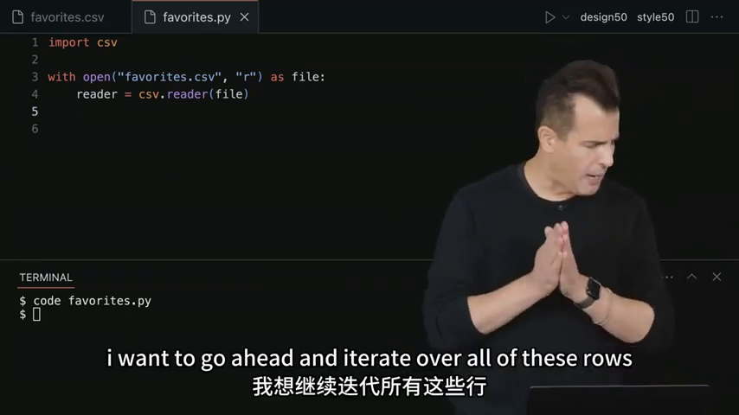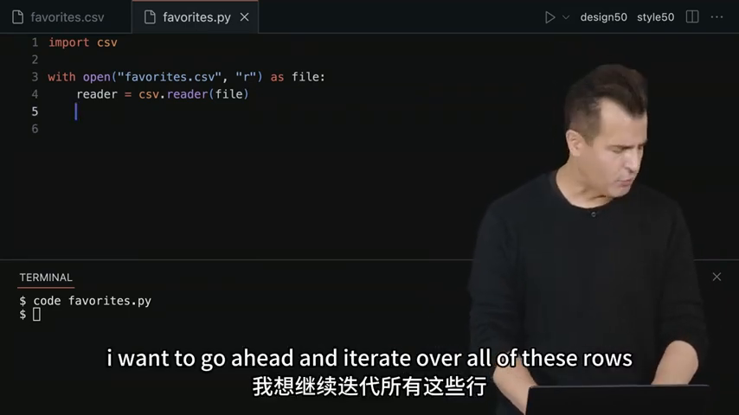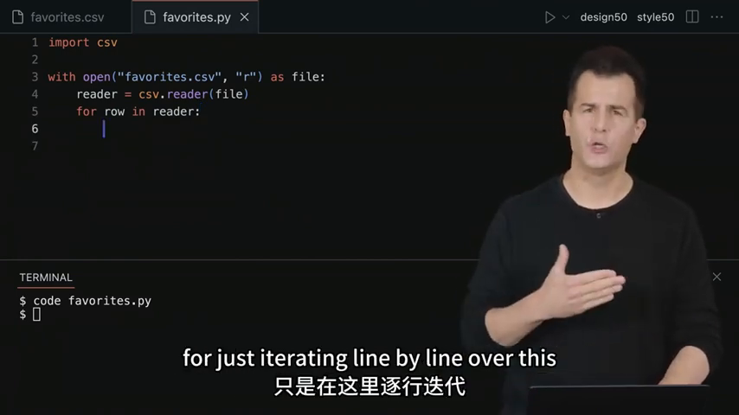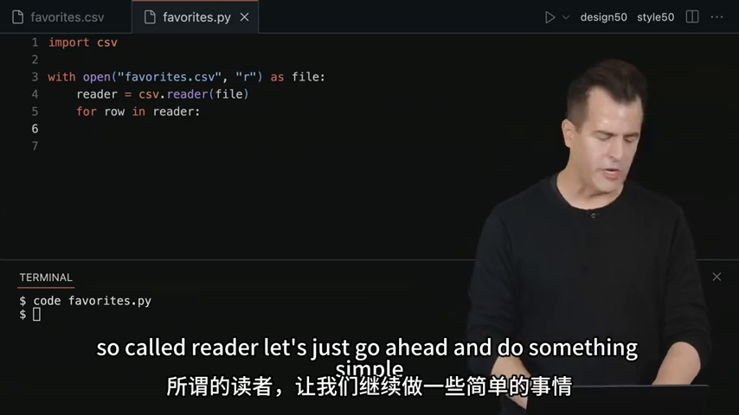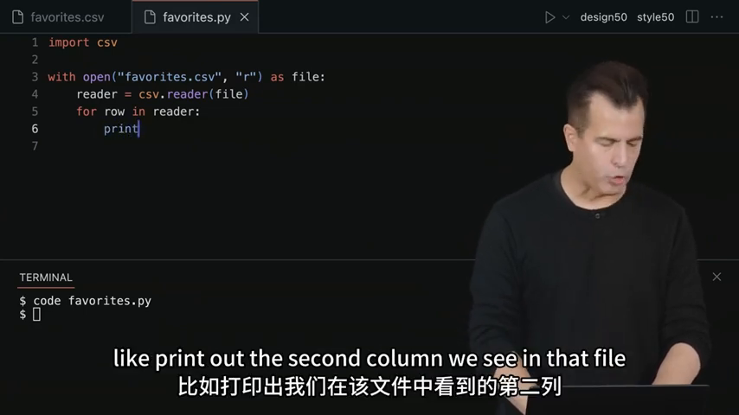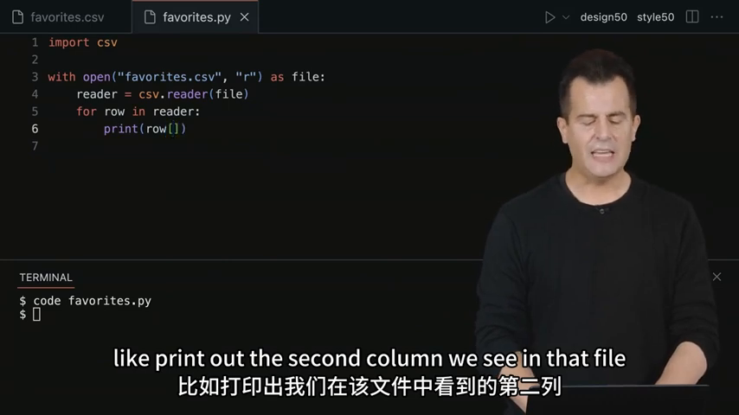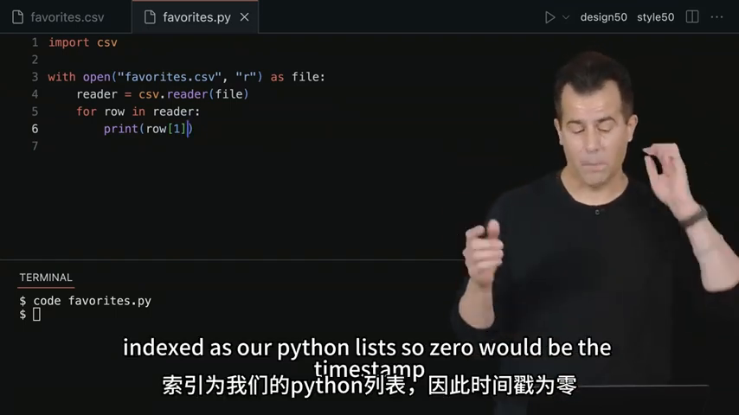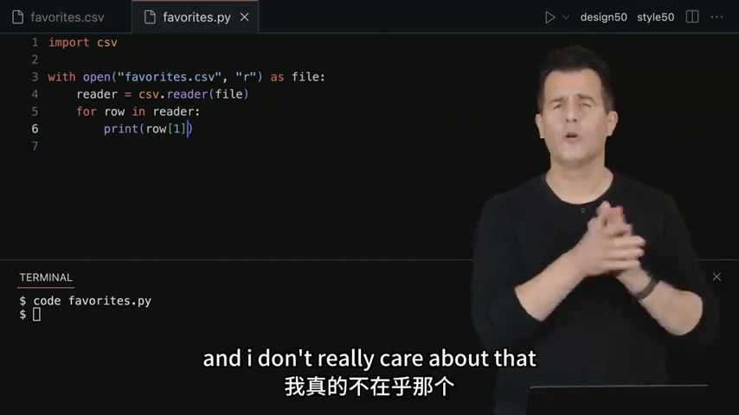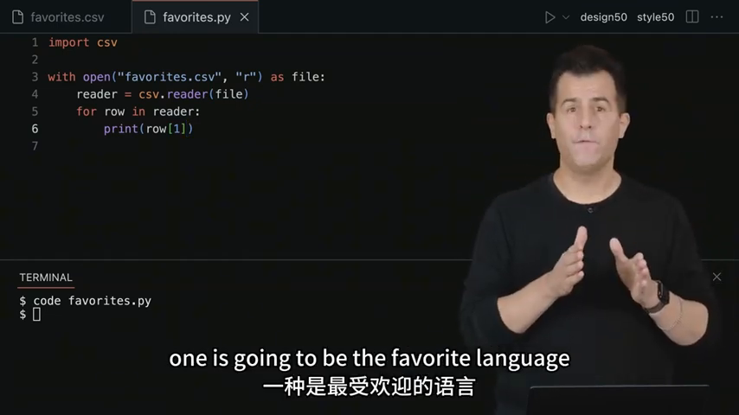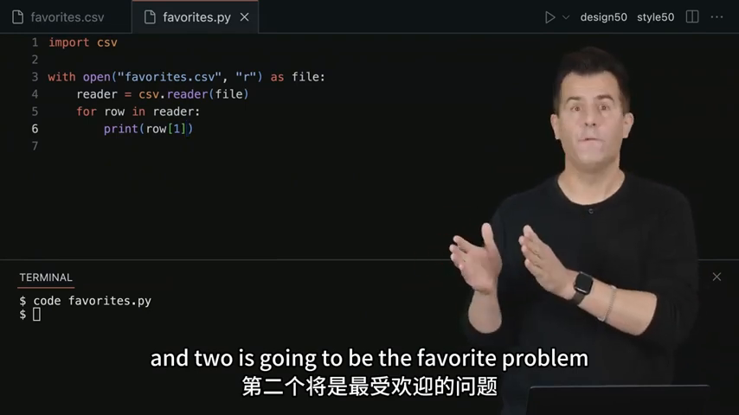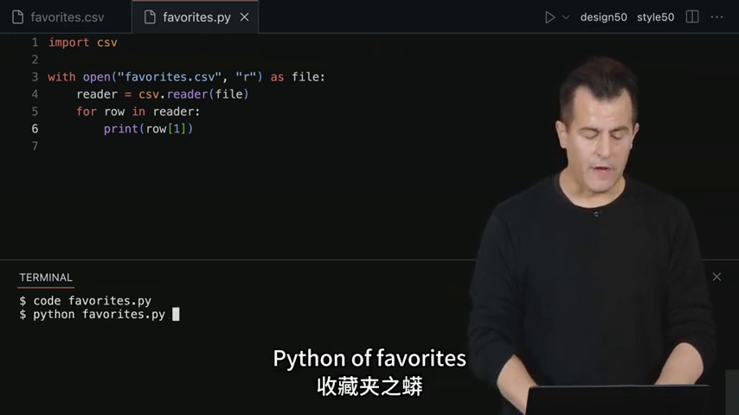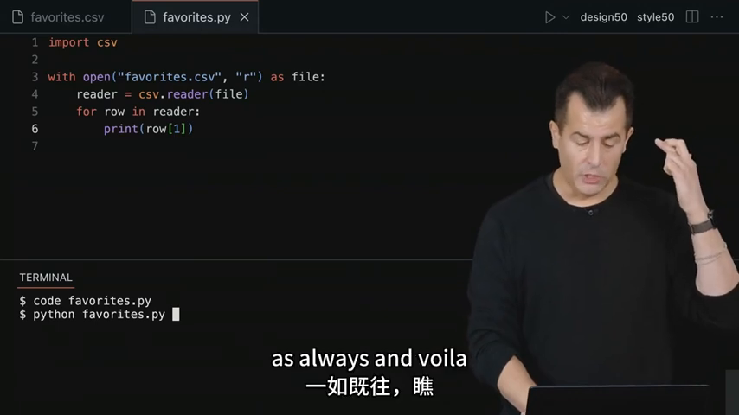Now, for the moment, I want to iterate over all of these rows. So for each row in that reader, and this is wonderfully useful Python syntax for iterating line by line over this so-called reader, let's just do something simple like print out the second column we see in that file. Recall that these columns are going to be zero-indexed, as are Python lists. So 0 would be the timestamp, and I don't really care about that. 1 is going to be the favorite language, and 2 is going to be the favorite problem among our problem sets. Let me go down now into my terminal window, run python of favorites.py, cross my fingers as always, and